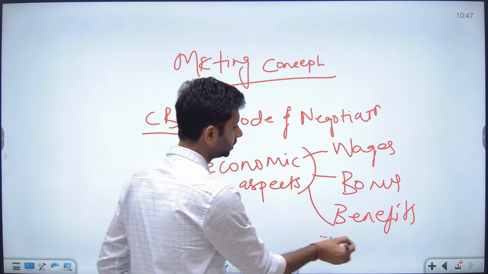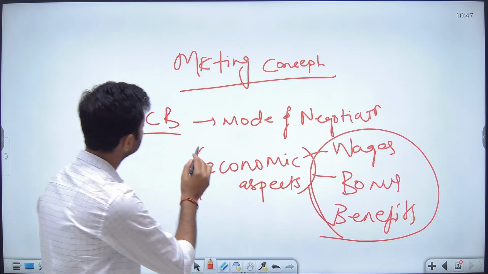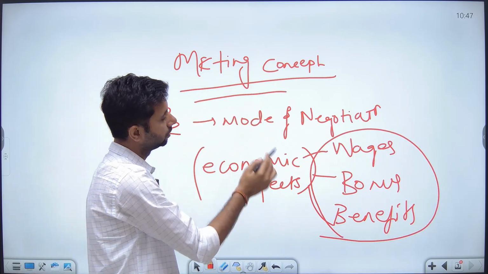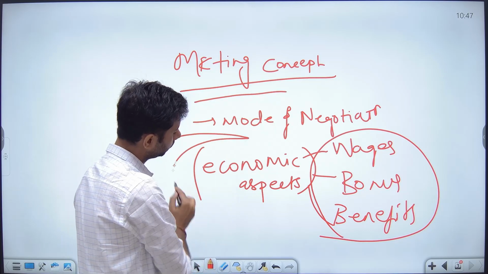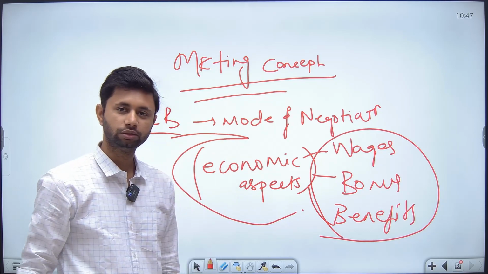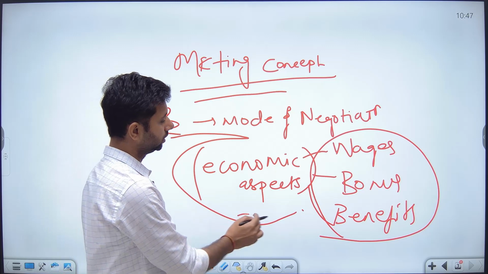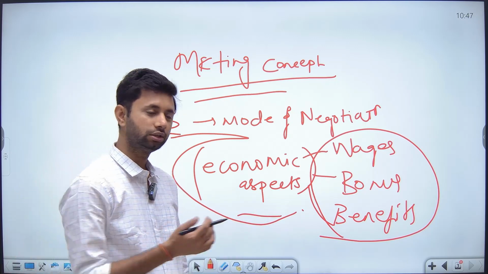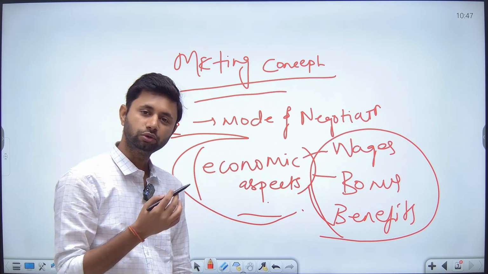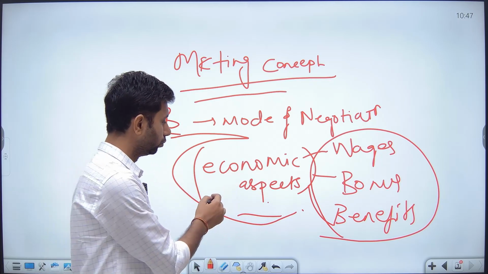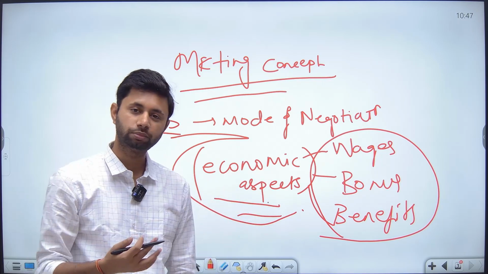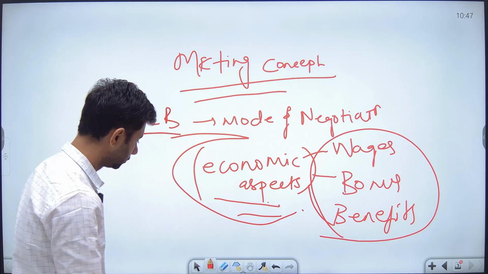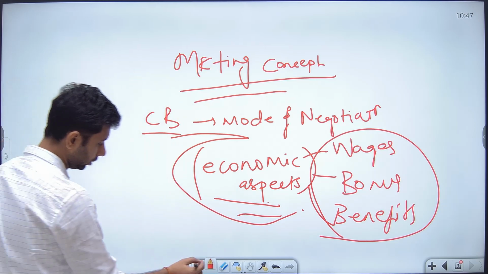So when we are talking about the marketing concept, the focus is solely on the economic aspect. Collective bargaining mostly involves these things. As we've already told you, it is a process of negotiating terms and conditions of employment. So within this process, the most important aspect for both parties is economic. Okay, now let's move to the